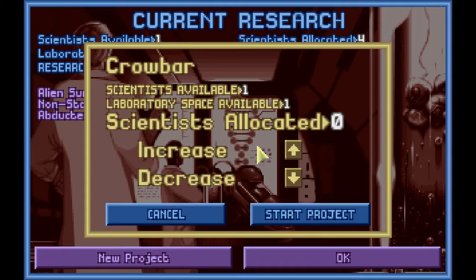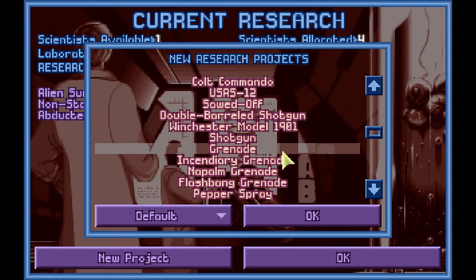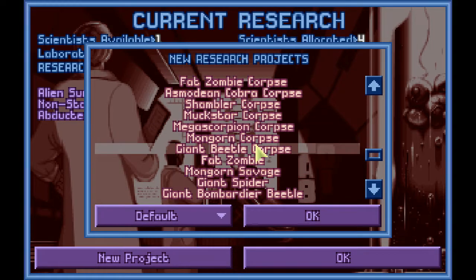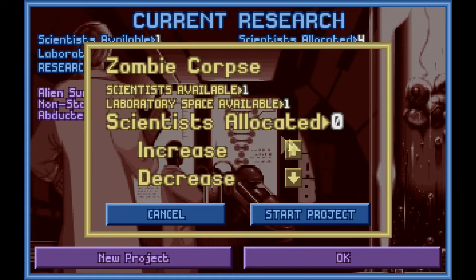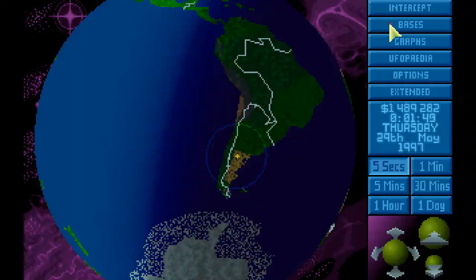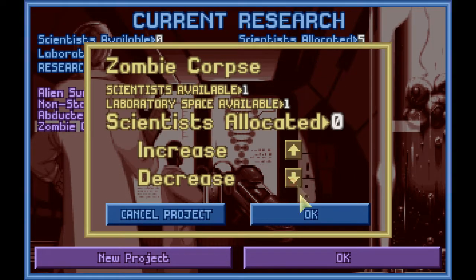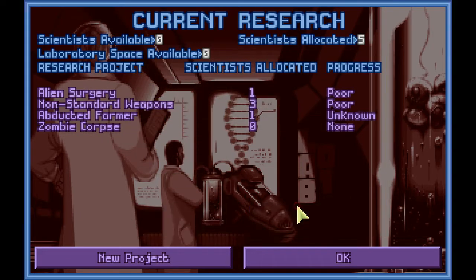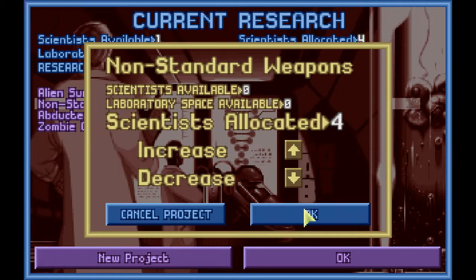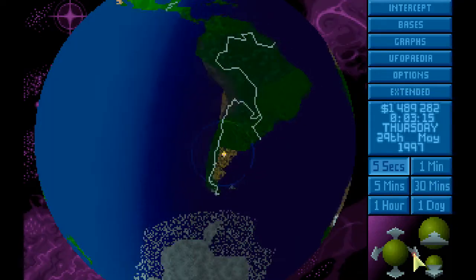We're going to research a... what do we want to research here? Zombie corpse. Start work on finding out about these zombies. Or should I put that into... actually, let's put that into non-standard weapons. We're already kind of poor with it anyway. I'm hoping it might improve matters if we take that up to 4, which takes us to average. We'll see if we can speed that up. In the meantime...